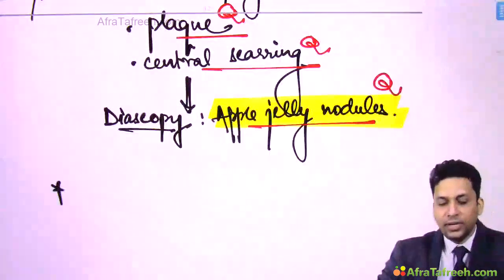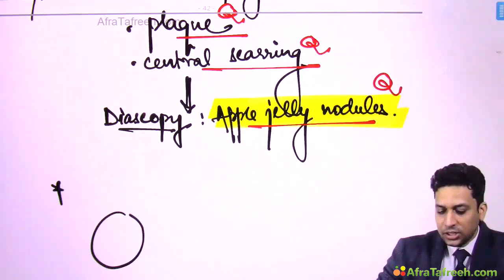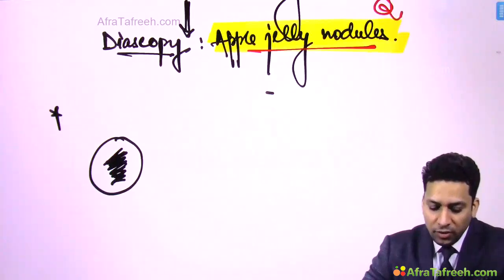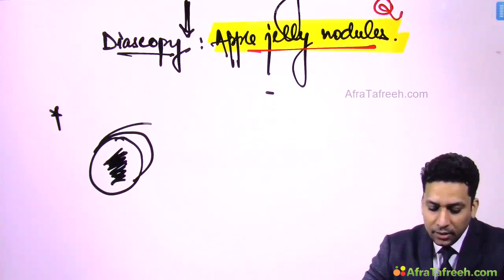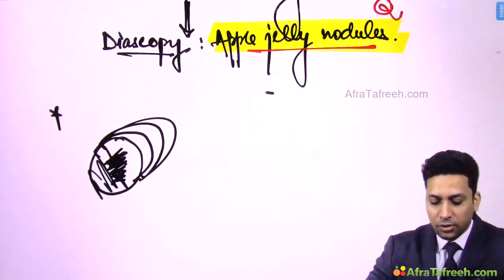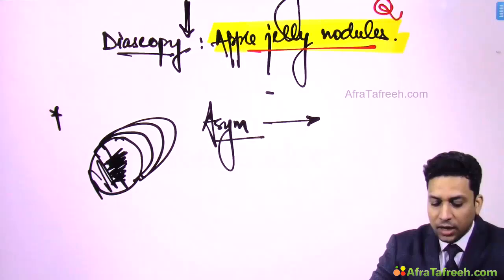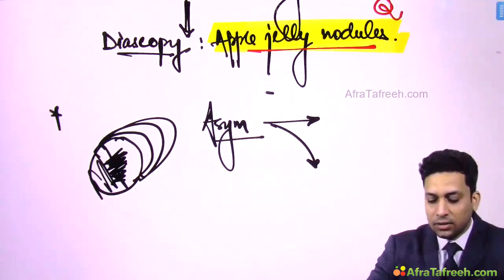Now remember one more point. What happens initially, this is the lesion and the scarring is present in the center. Now as the lesion progresses, you will find that one margin keeps on extending, leaving behind scarring on another. So it becomes asymmetrical. You can note this point also: lesions are generally asymmetrical with one active margin leaving behind scarring on another.